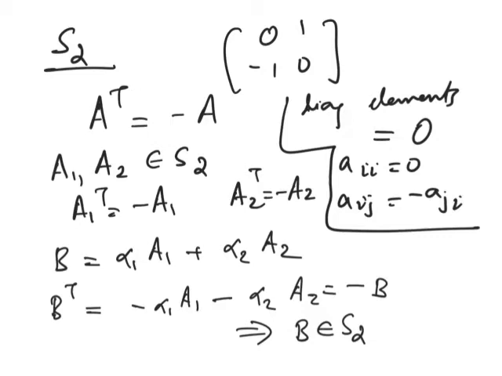So the moment you realize that the diagonal elements are 0, what will the dimension become? You don't have to think much here. You only have to slightly modify your previous thinking. n into n minus 1 by 2. Why? Earlier we said 1 plus 2 plus etc. up to n. From each you just subtract 1, because that plus 1 corresponds to the diagonal. You are removing all the diagonal elements. So instead of n you have n minus 1 in the first row, n minus 2 in the second row, and so on. So it is 1 plus etc. up to n minus 1.